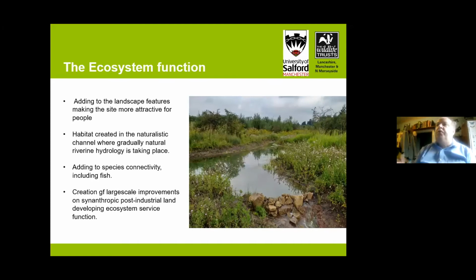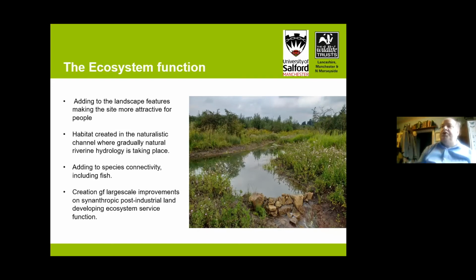And you can see that when nature has had its chance to recolonize the banks of the watercourses, it very quickly starts to green up. The rock weirs are starting to work. There's water being stored within the landscape and within the field soil matrix. So the site is storing lots and lots of water.